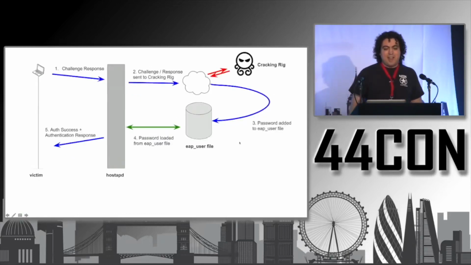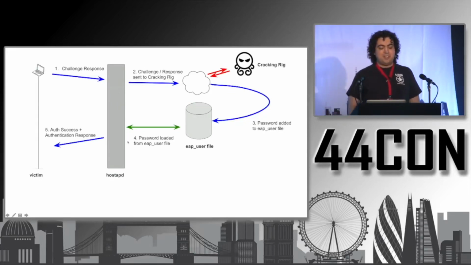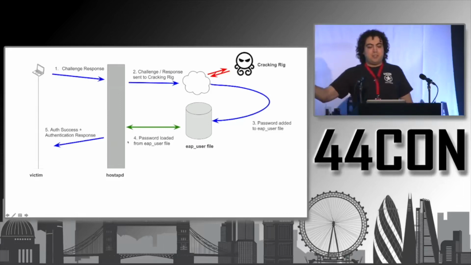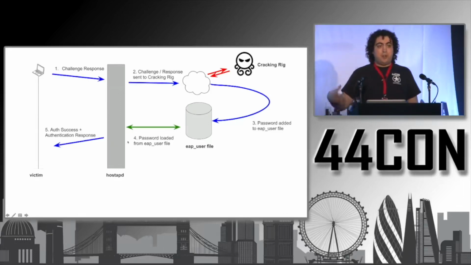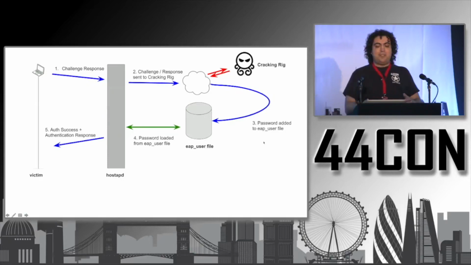So with an auto crack and add attack, the way that it works is that when you receive that challenge response, instead of immediately trying to load the password from the EAP user file, you just send it off to a cracking rig immediately. And remember that MS-CHAPv2 can be cracked pretty quickly. Hopefully, if it's a weak enough password, you should be able to crack it within a few seconds. And then you just append it, slap it on the end of that EAP user file,